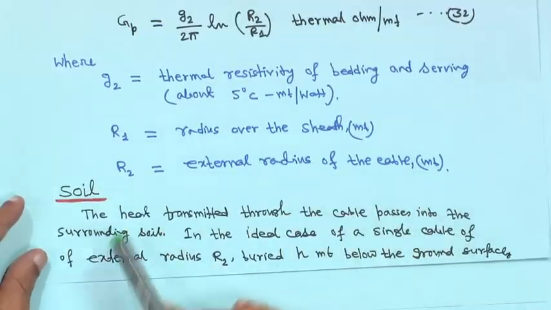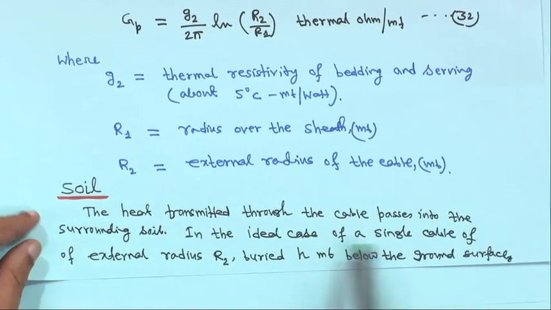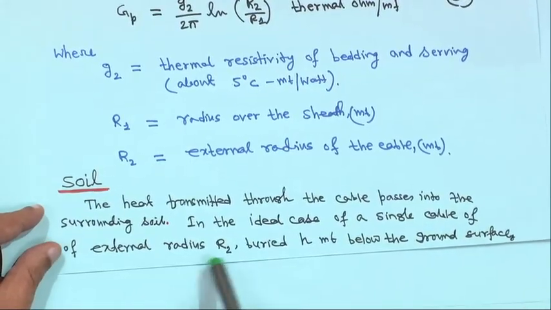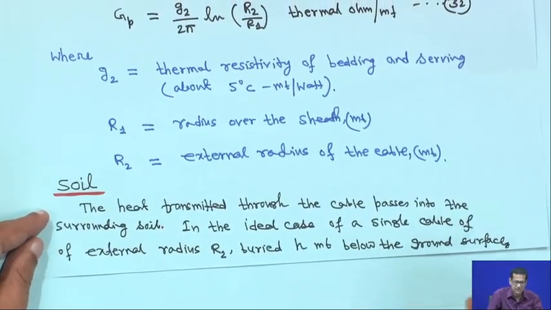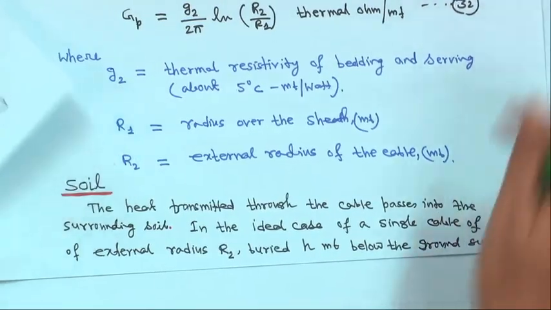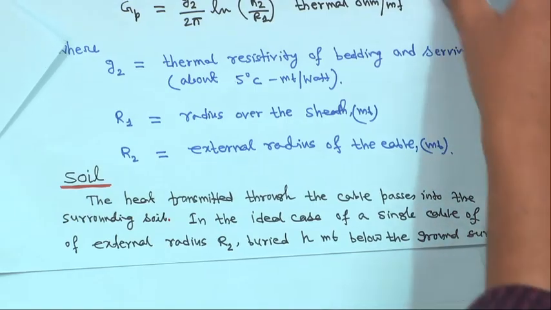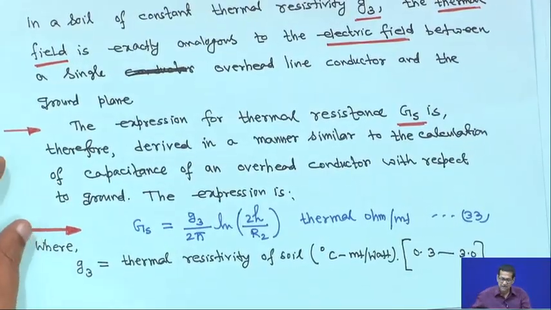Next one will be the soil. The heat transmitted through the cable passes into the surrounding soil. This is understandable, because the cable is buried, and the heat transmitted by the cable passes into the surrounding soil. In the ideal case of a single cable of external radius R2 buried h meter below the ground surface, you might have seen cable laying in the ground, you assume the cable radius is R2 and buried h meter below the ground surface in a soil of constant thermal resistivity